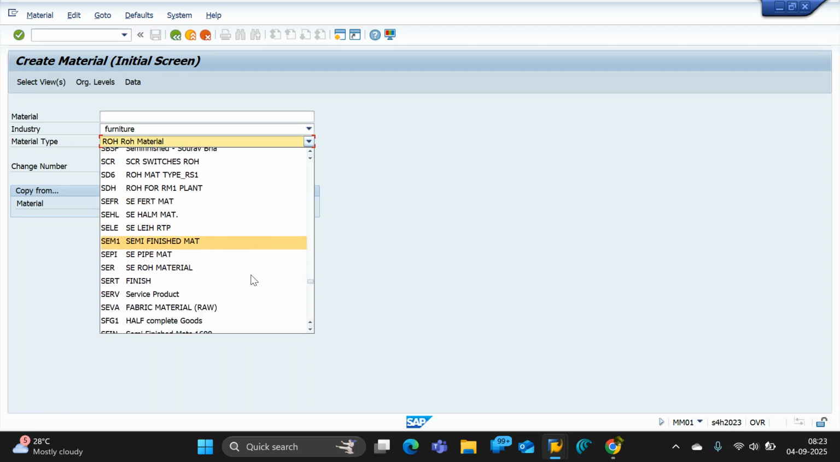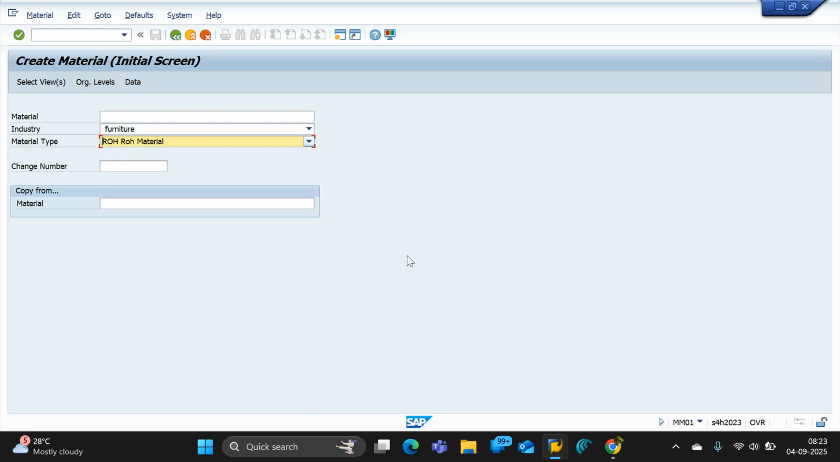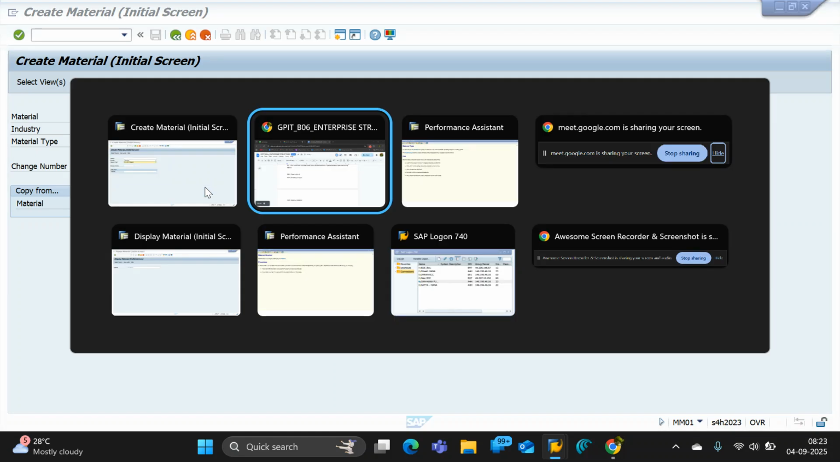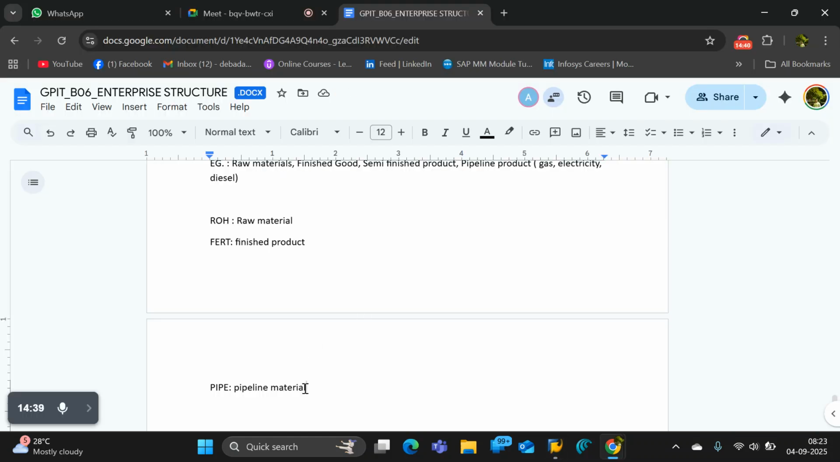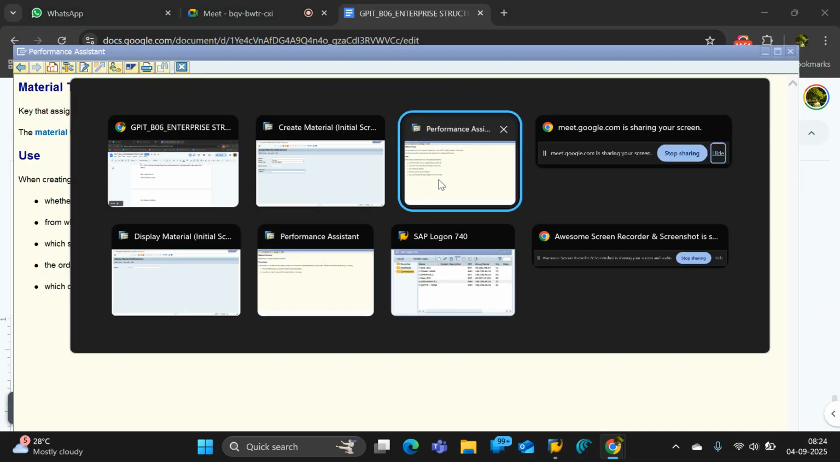So these are some standard material types. Generally, from the point of view of materials management, we are generally using these three. This is material type. If you go and check in SAP,